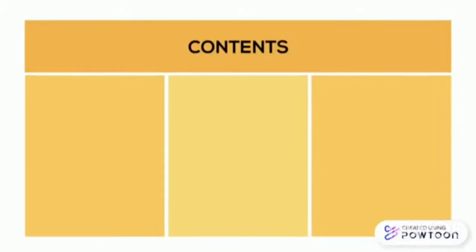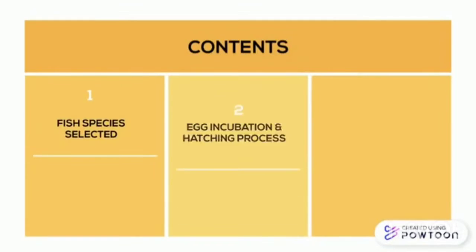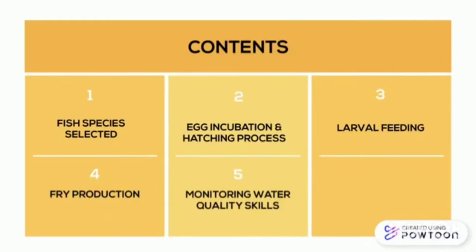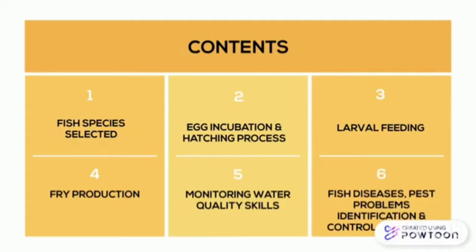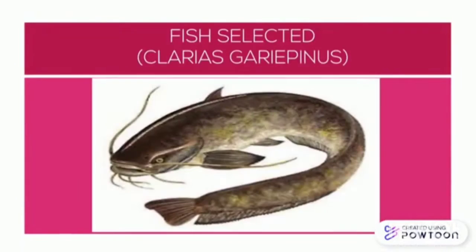In this video, we are going to talk about the practical on how to select fish species, egg incubation and hatching process, larval feeding, fry production, skills in monitoring water qualities, fish disease and pest problem identification, and suitable control measures. For this video, the fish species that we have selected is African catfish and the scientific name is Clarias